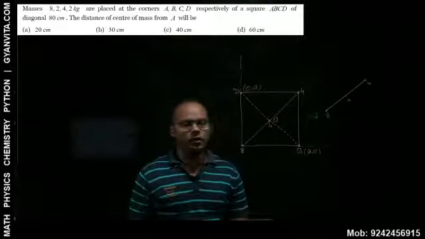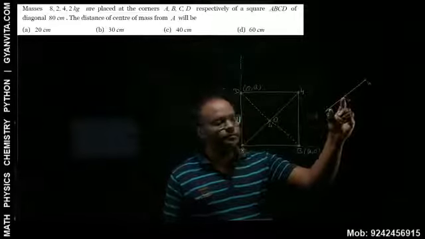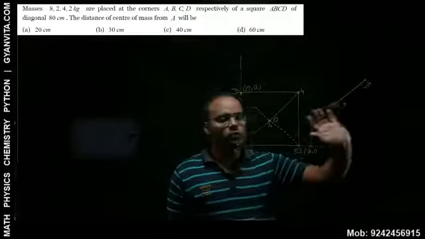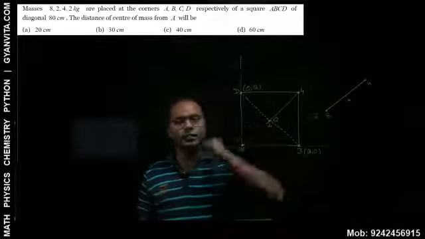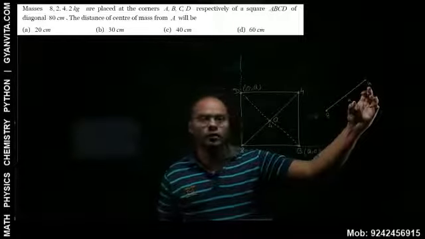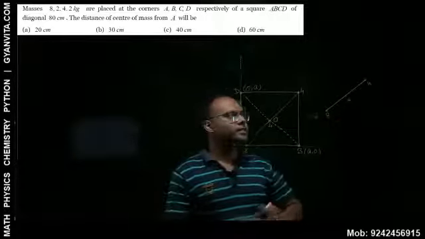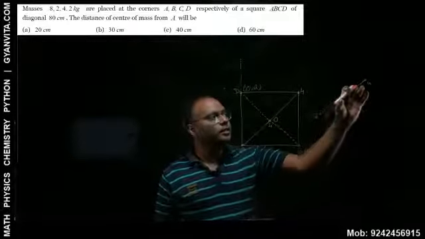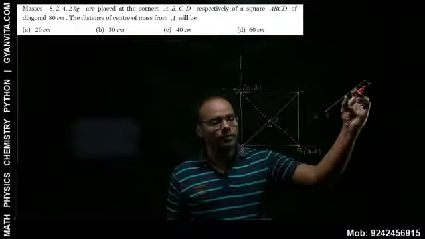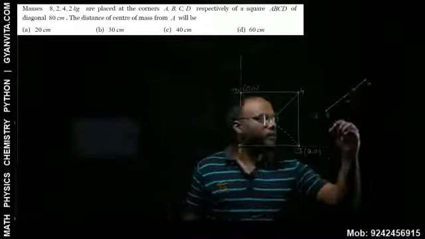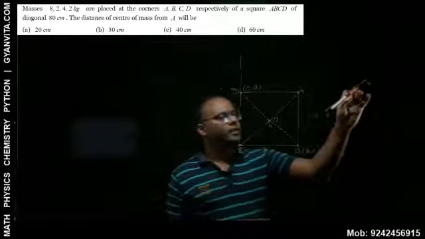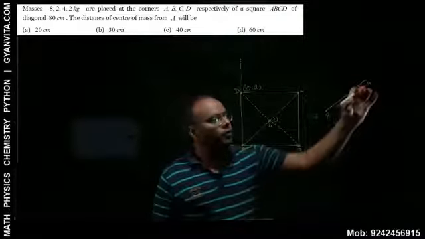Is it clear? Now if we have to solve this, it will again become easy. This is 40, this is 40. These two masses are the same. Instead of these two, see how easy it becomes when we apply logic. These two are 4 and 4, the same masses. That means their center of mass will be over here. This distance is 40, this distance is 40, so this distance will be 20. So the distance from here to here will be 60. And the mass here will be 4 plus 4, that is 8.